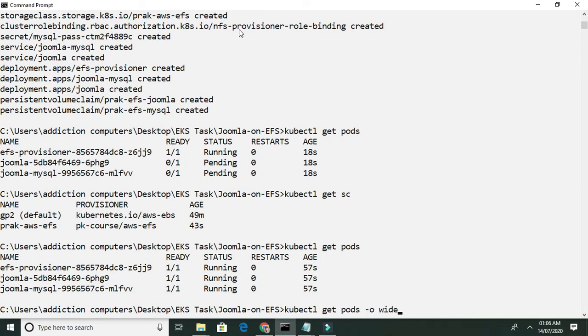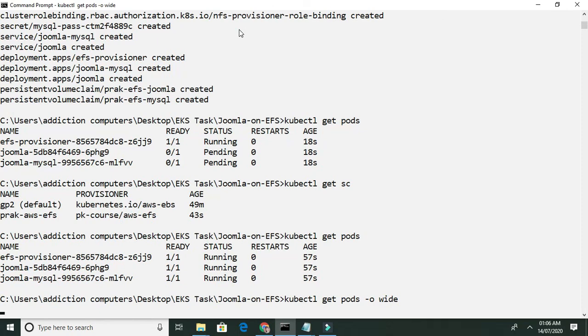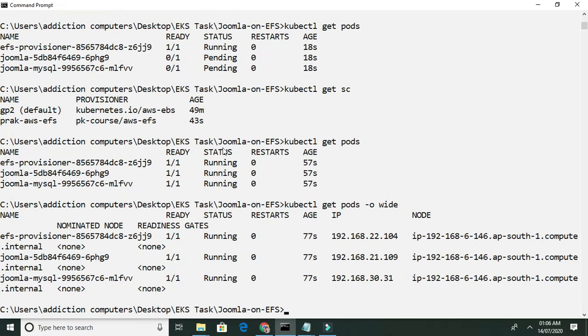pods -o wide. Now it will show the IP and full detail of the pods. And so now you can see the IP of pods. Okay, this is the private IP. Okay,